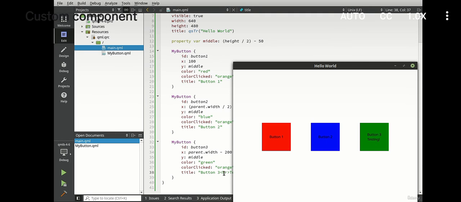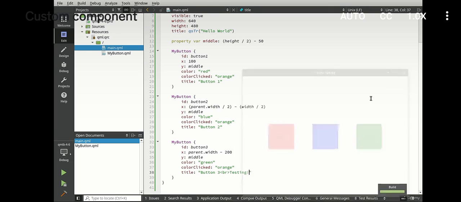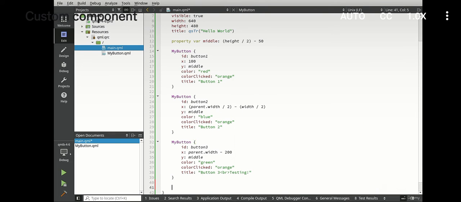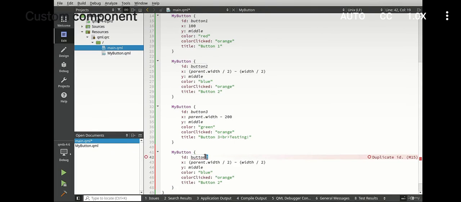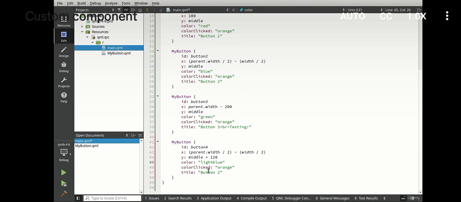So we have inline HTML, and we're going to add a big long button on the bottom and show that you can actually put some special encoding in there. It gets really, really cool. And let's call that button 4. And this is going to be, in the center, and let's do middle plus 120. We're going to make this light blue, and this title, we're just going to say